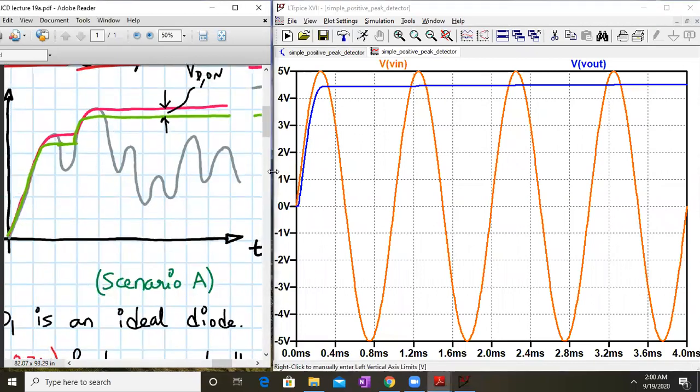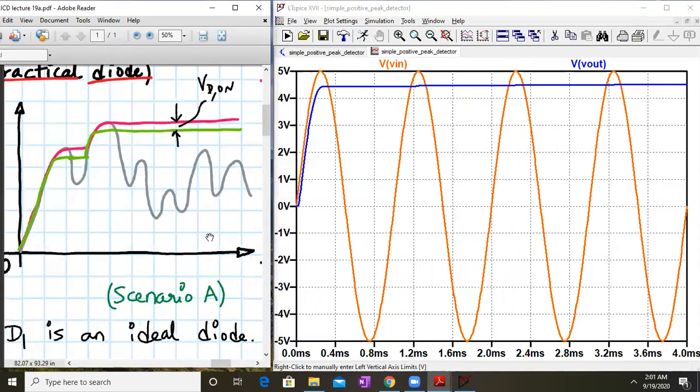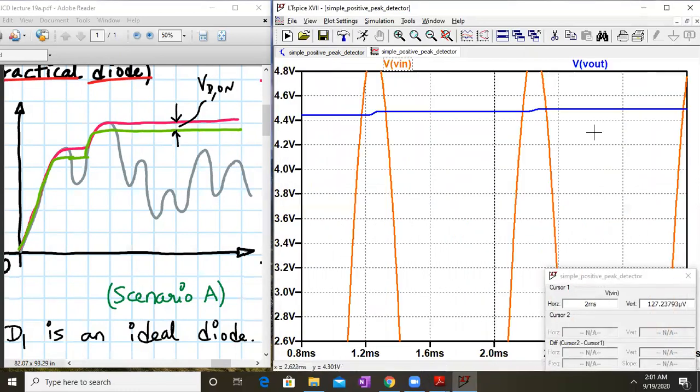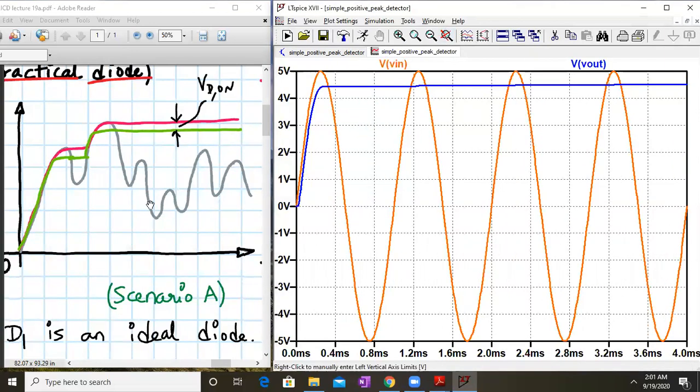So we have considered a sine wave, but in reality it need not be a sine wave. It can be sensor data which is applied as input to your peak detector circuit, to detect the peak. So this is how we verify this in LTspice. If you notice carefully, this is slightly increasing. Let me expand it, yeah, slightly increasing. That's fine because of the capacitor.